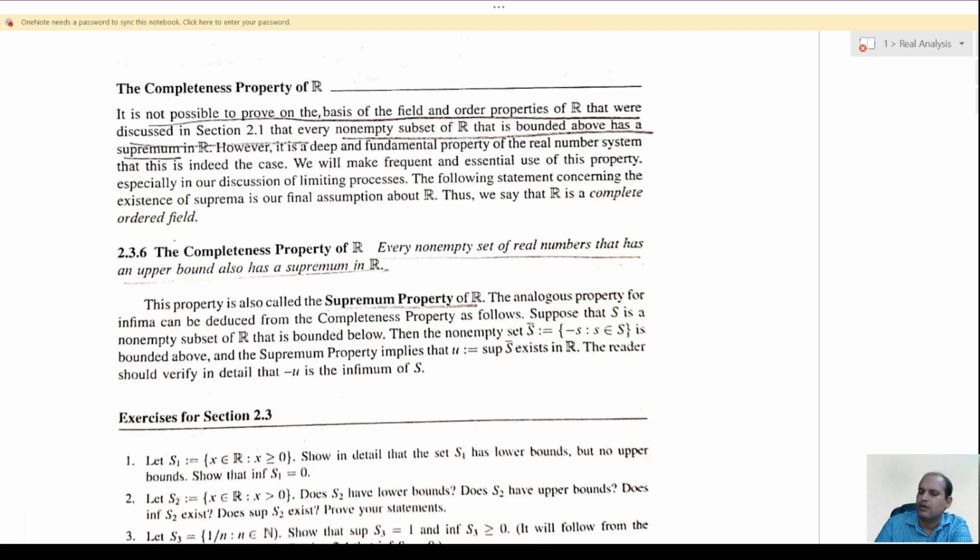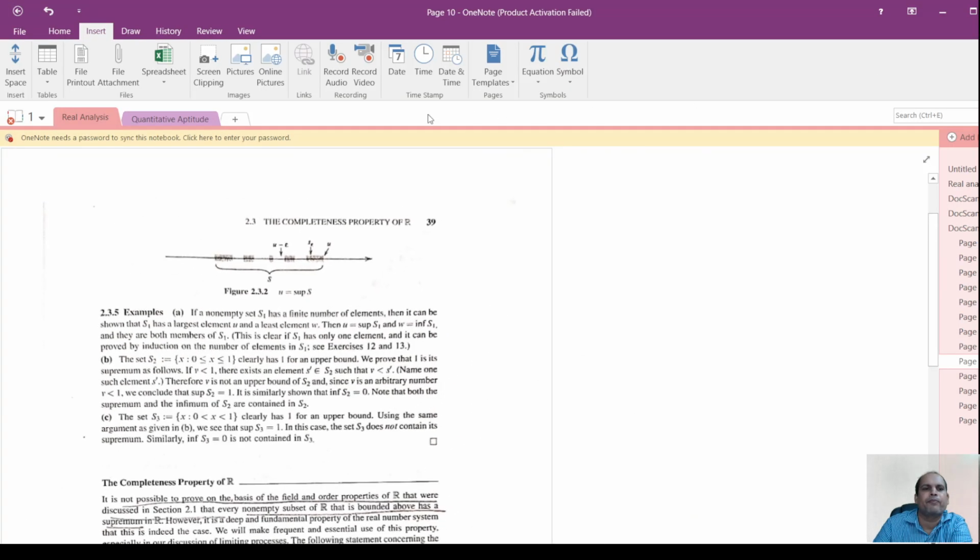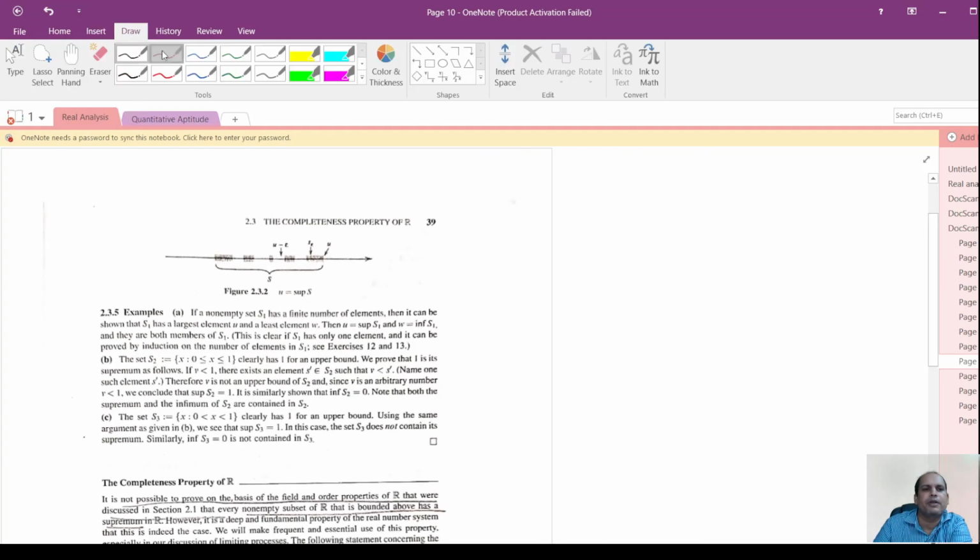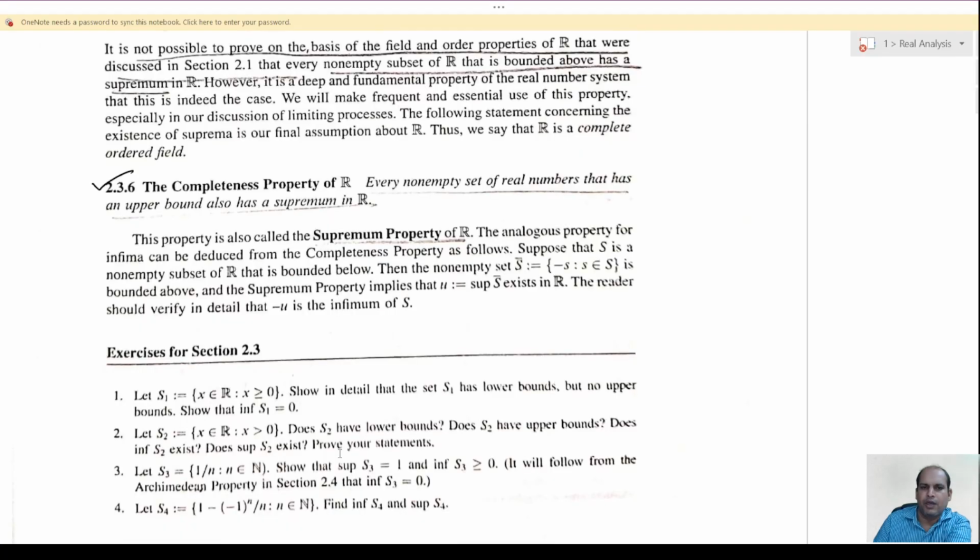So next one is completeness property of real numbers. As per the statement of the completeness property of real numbers, every non-empty set of real numbers that has an upper bound also has a supremum in R. So given any non-empty subset of the set of real numbers, if it is bounded above, then the completeness property of real numbers guarantees the existence of a supremum in real numbers, and if it is bounded below, then